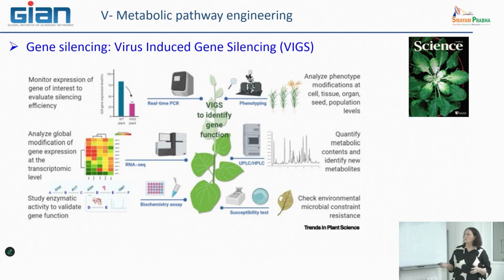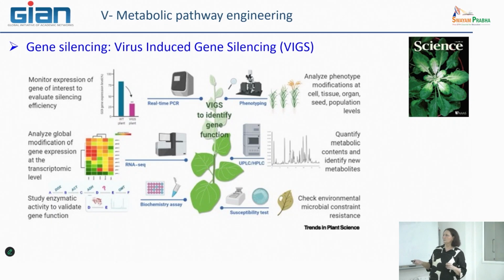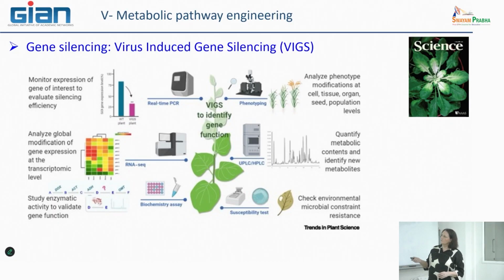So you can easily modify the plant at one gene, and then put your plant in different conditions to see if the silencing of the gene induces more or less resistance, for example, to a particular character. You can imagine that this technology, which is fast, could be applied to several types of questions that do not concern only metabolic pathways. So I hope you have understood what I wanted to talk about.